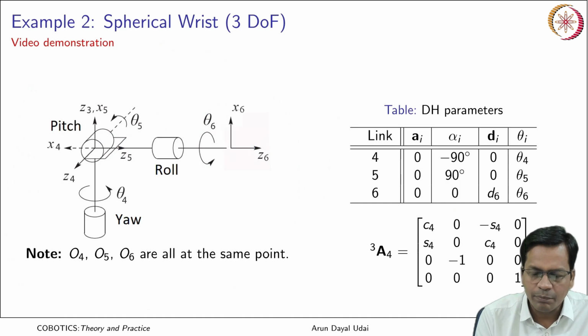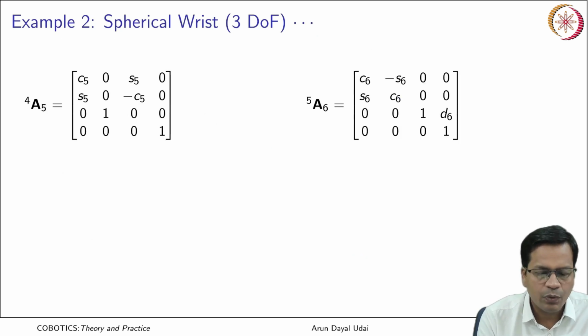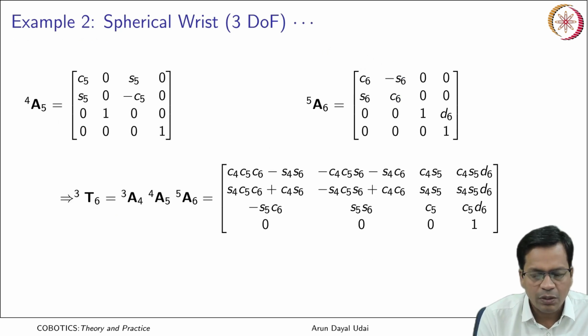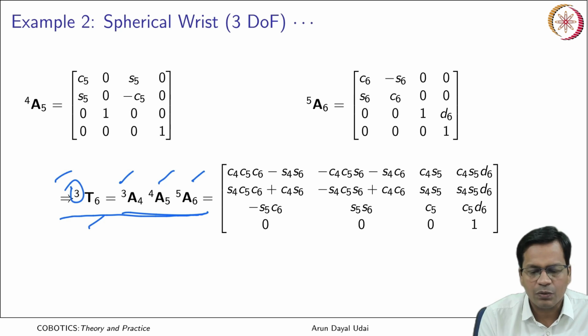Okay. If you put them in the link transformation matrix A i minus 1 to i individually, you get A3 to 4, A4 to 5 and A5 to 6. If you take the product of them, this gives you the complete pose of the end effector with respect to the third frame, because you see it is 3 here, from 3 to 4, 4 to 5, 5 to 6. Take the product, it gives you from 3 to 6. So from the third frame till the end effector frame, this is the transformation.